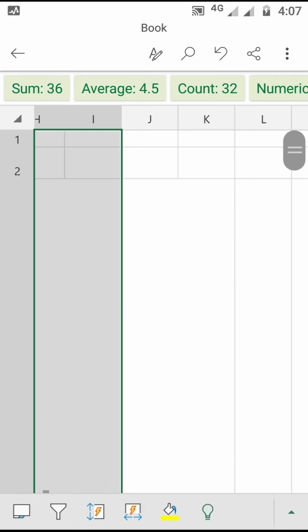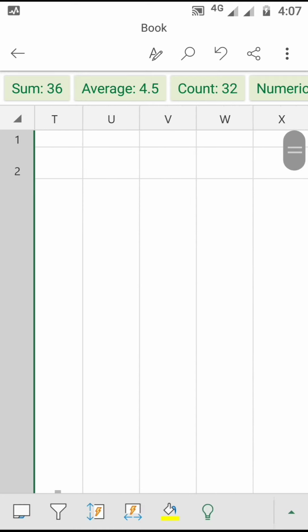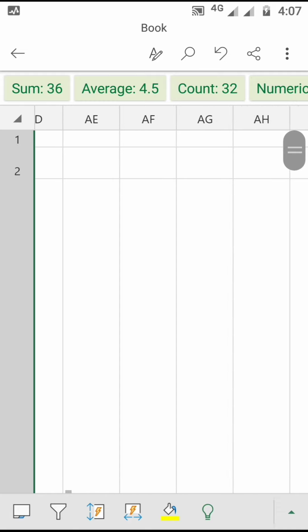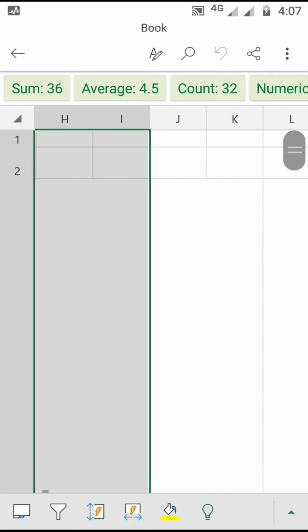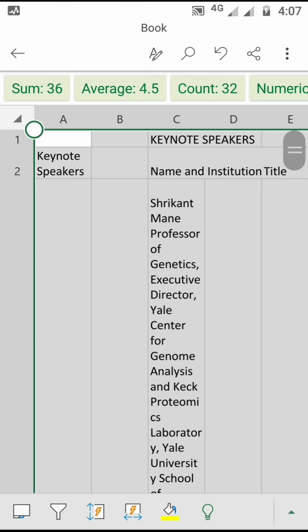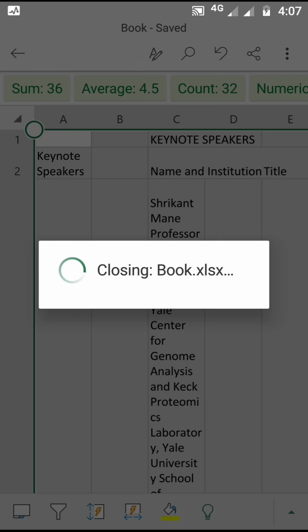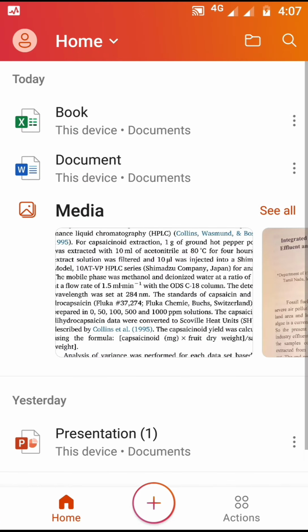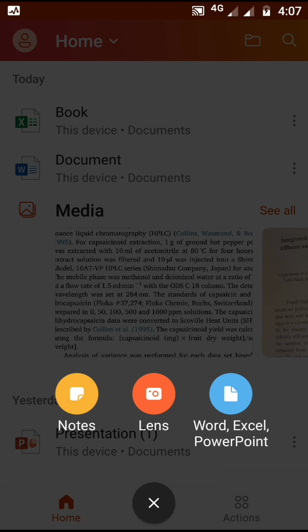See how it was converted. But there will be some changes in this table, but easily we can adjust the borders. But for these things, how to say, we need a PC. Other than this, we can do all the things with this mobile application itself.